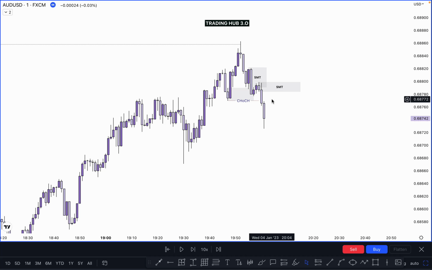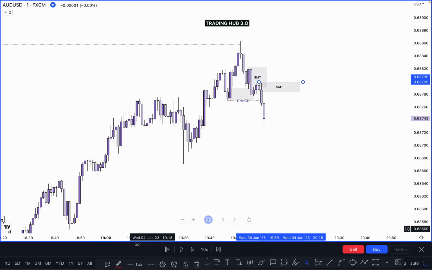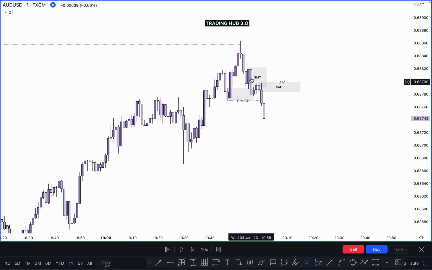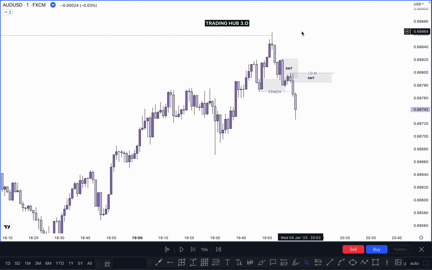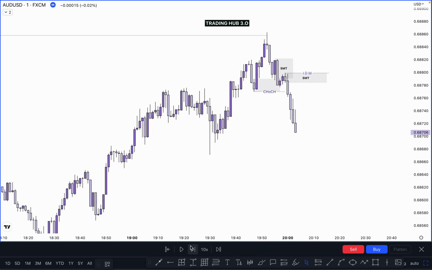When can we sell here in this case? You have to wait for this inducement to be taken out, which is here, because this high acts like our inducement at this point. Why? Because this one is our first pullback after the break, and this one is called change of character. This is not an inducement, this is a bullish structure. Why? Because the market tapped your POI zone, correct? So let's see what happened next.